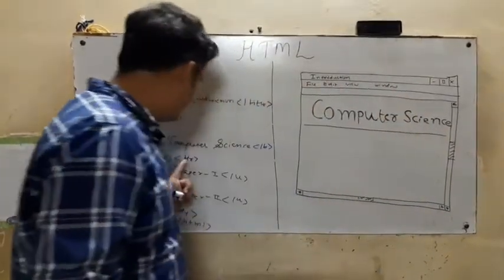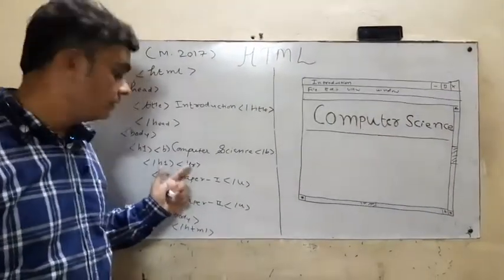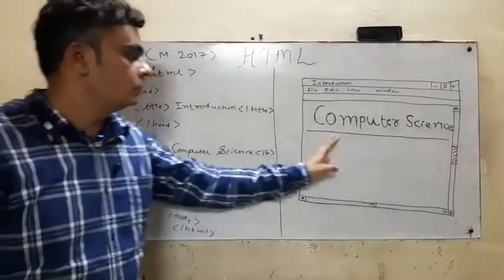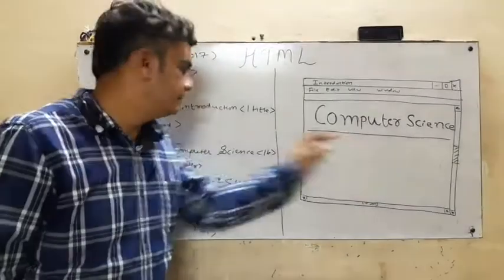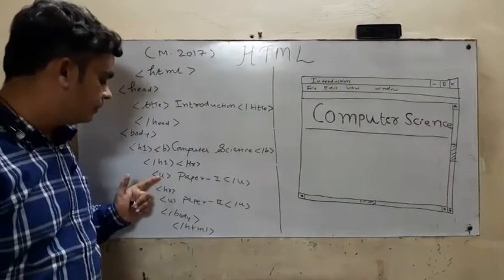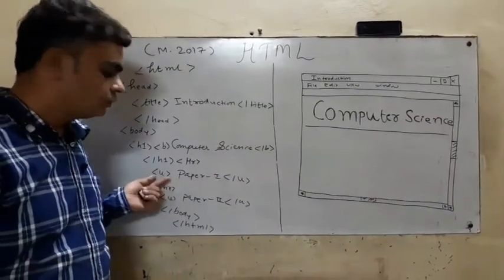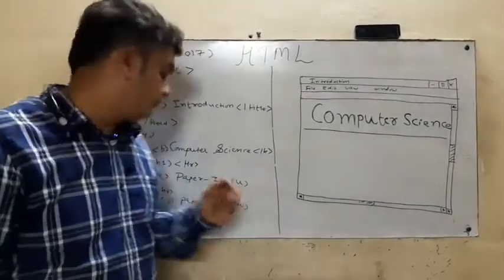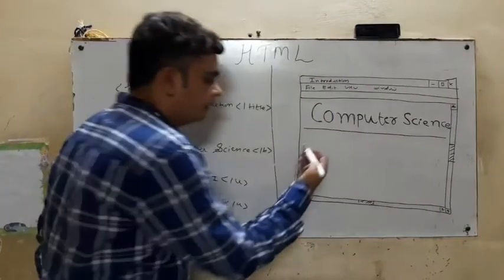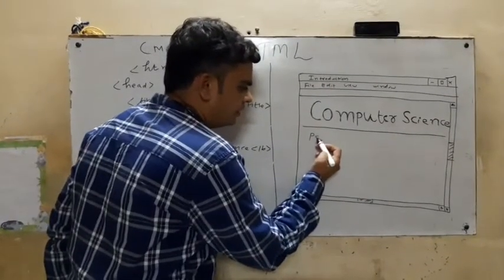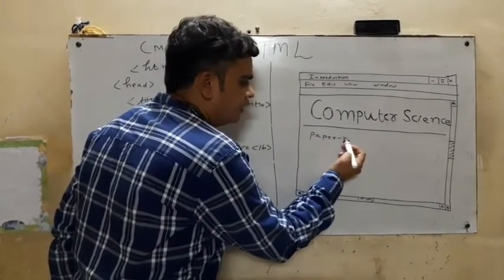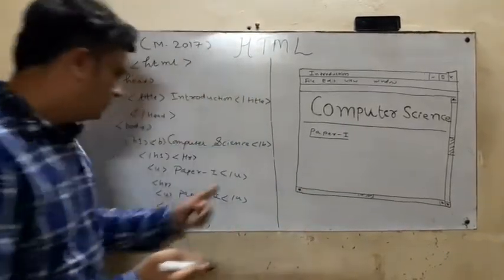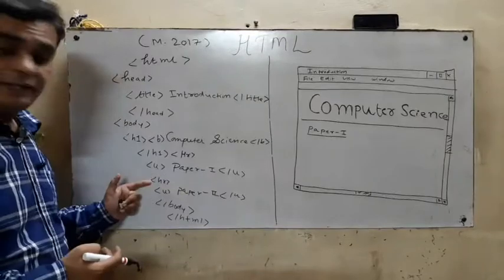This HR tag they are not going to mention in our question paper, but this is additional information that I am going to add. So it will draw a line like this, and on the next line they display U tag paper 1. U tag is used to represent the text in underline form. And what is the information? Paper 1. Generally this information you have to display using normal font size. Thereafter /U, they are using the HR tag.